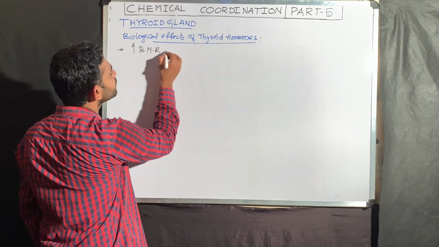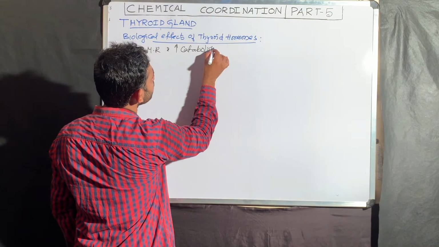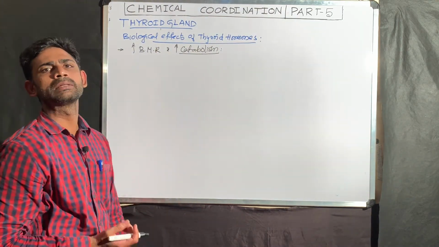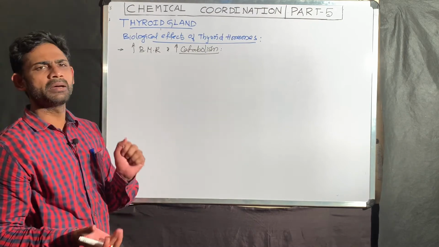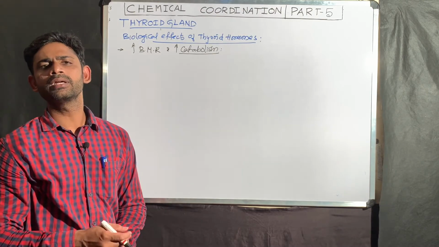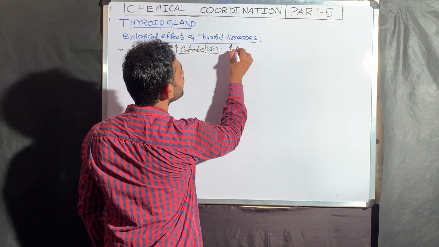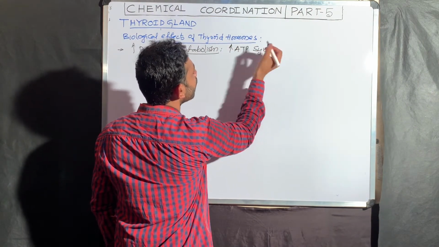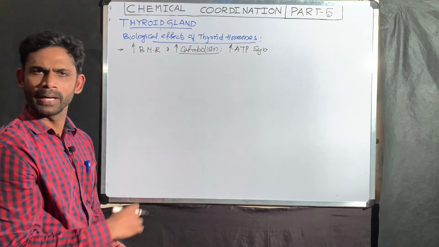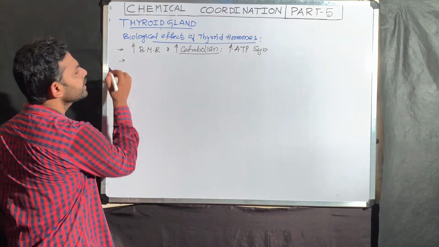That means it increases catabolism. It increases the catabolic pathways, especially respiration. Respiration is a very good example of the catabolic pathways. When it increases the basal metabolic rate and the basic catabolism, the catabolic pathways automatically release energy. That means it increases ATP synthesis, or ATP production, by increasing the fundamental catabolic pathways. Try to understand. Simultaneously, what will it do now?